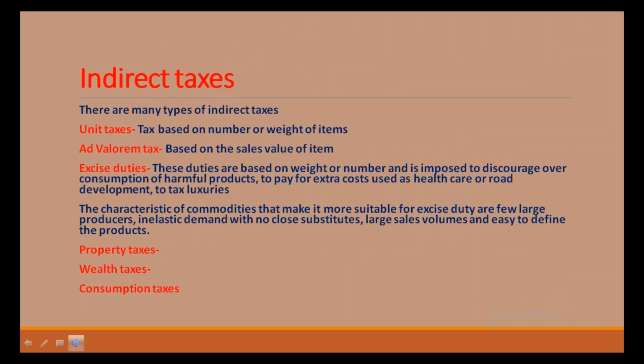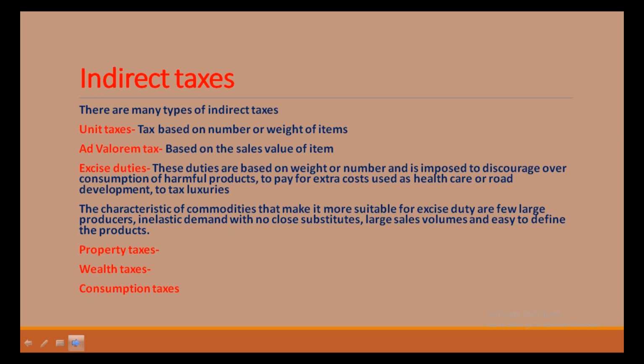Now we have almost finished with our direct taxes. Now we are coming to indirect taxes. So what are these so-called indirect taxes? Indirect taxes, as the name suggests, are not put on income. Anything that is based on profit is what we call direct taxes. Anything that is other than profit as the base, such as expenditure, property, wealth, consumption, all those things we